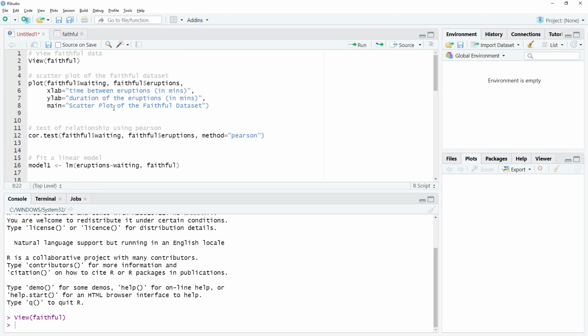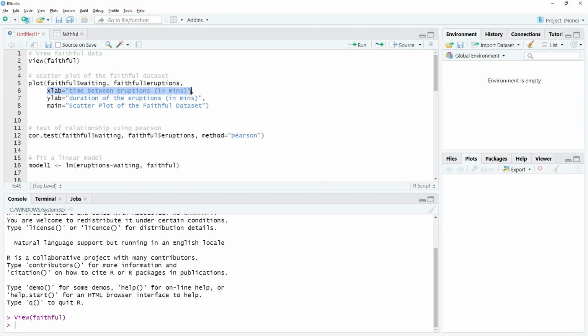To assess whether linear regression is applicable to our dataset, we must first look at the scatterplot of it and see whether we see a linear pattern in the graph. We have this code to generate a scatterplot for our dataset. We have the plot function, which allows us to create a scatterplot in RStudio. faithful$waiting is our predictor variable and will be placed in the x-axis. faithful$eruptions is our dependent or response variable, which will be placed in the y-axis.